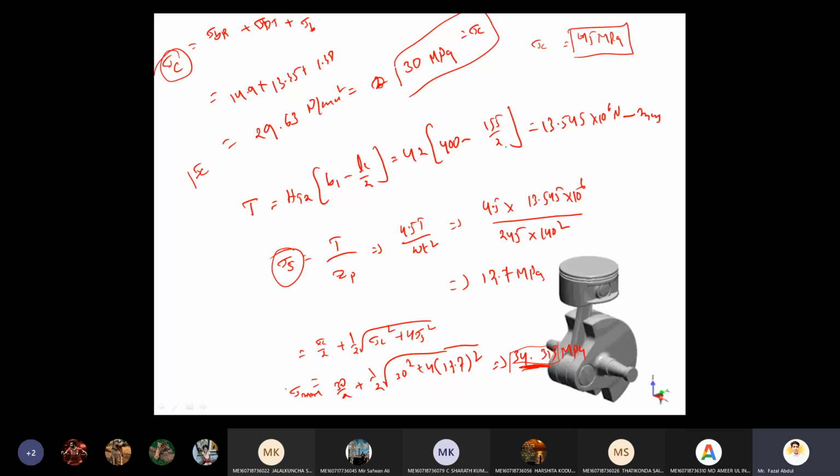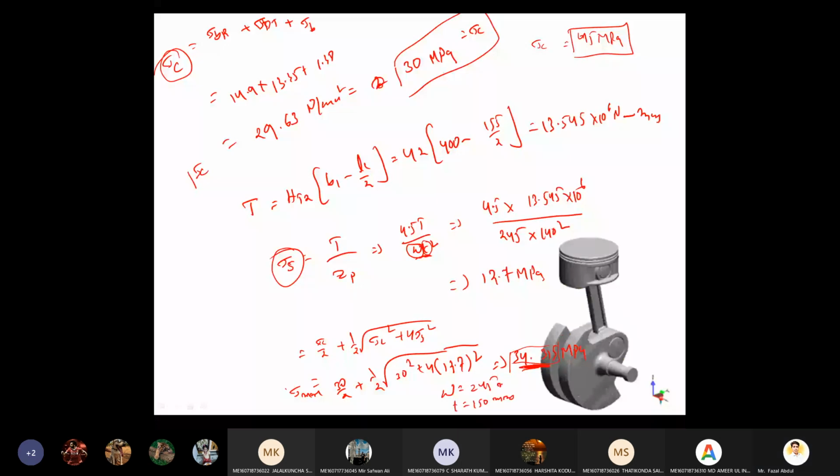for here, this is the one. W is the width of the crank web and T is the thickness of the crank web. These dimensions are under safe limit. So that is the reason we directly adopt W as 245 and T as 150. Right? And now